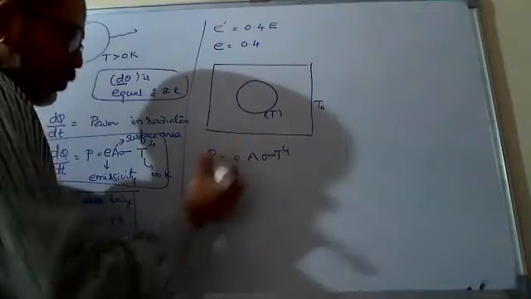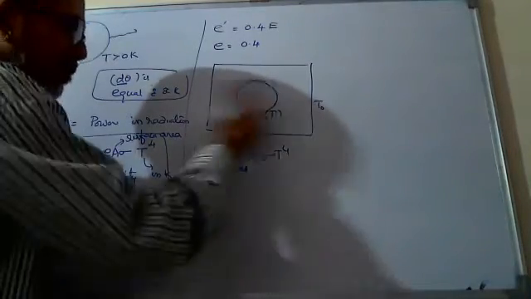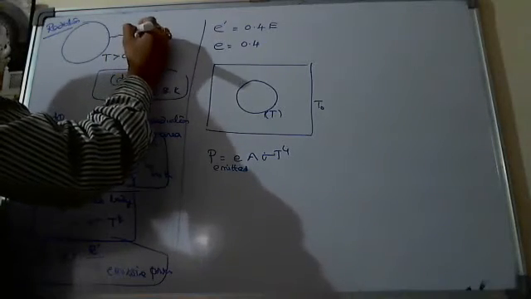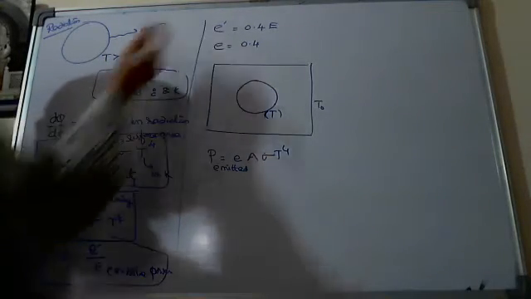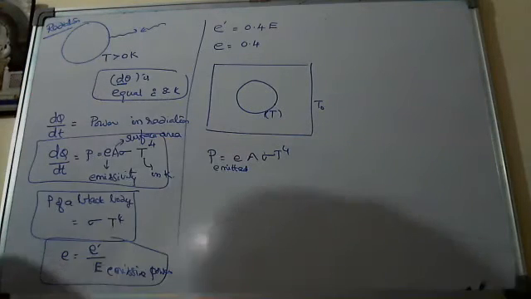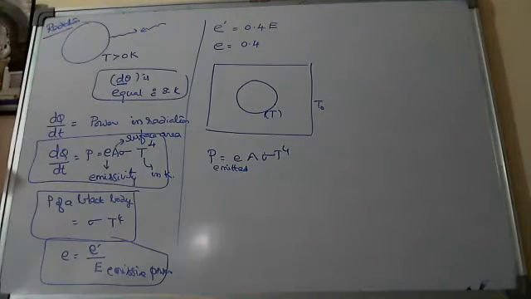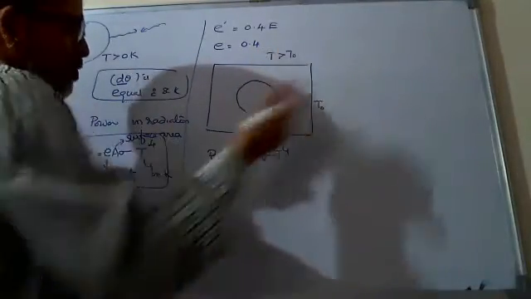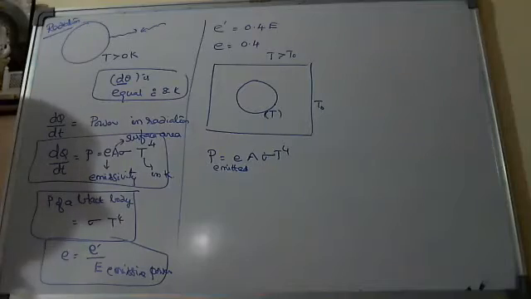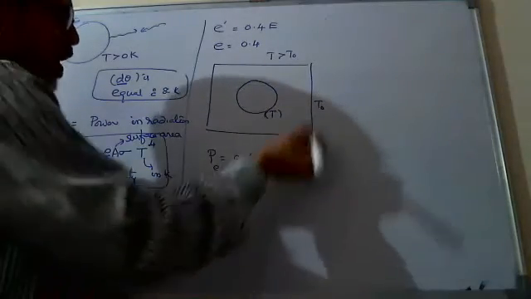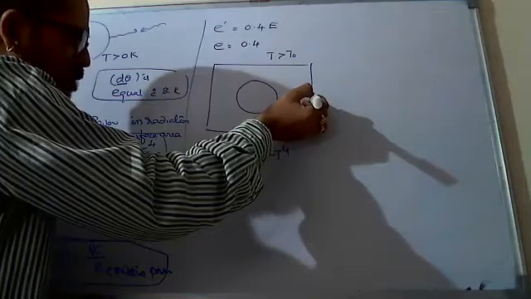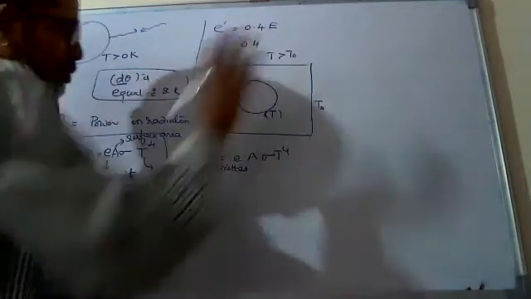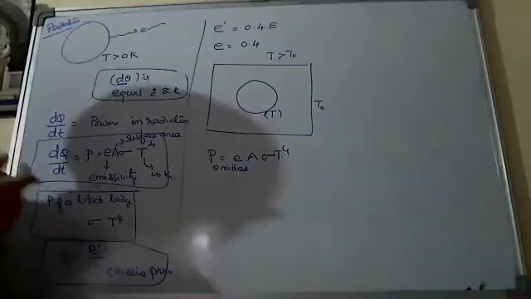This is the power actually emitted by the body. Previously I told, when it is placed in surroundings, it not only radiates but also receives from the other body maintained at a temperature like T naught. In this case, generally we take the temperature of the body to be greater than the temperature of the surroundings. General case now. Then what will be the power radiated by this body inside its surroundings, meaning inside its walls?